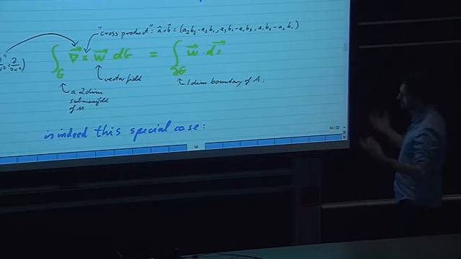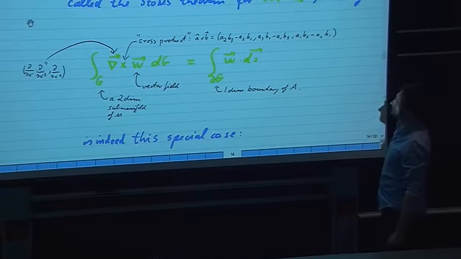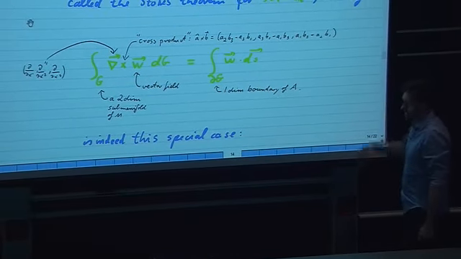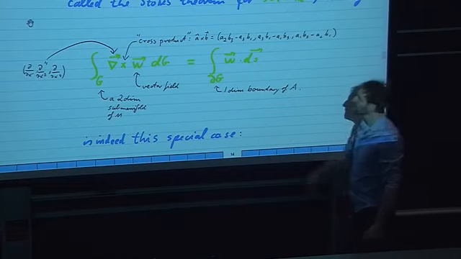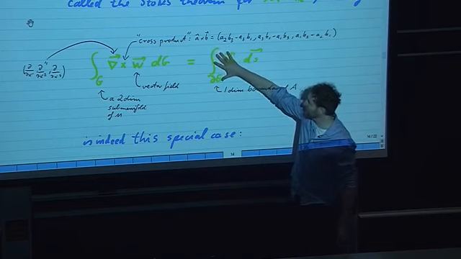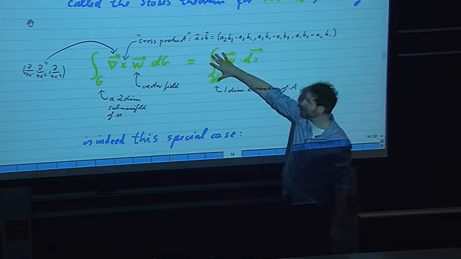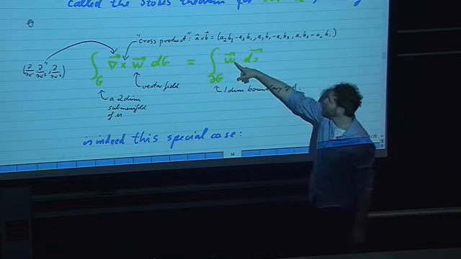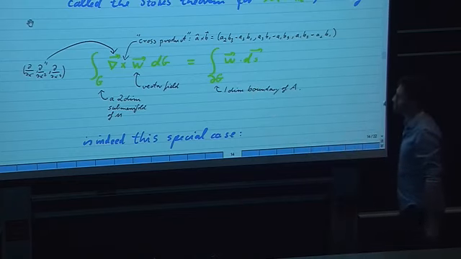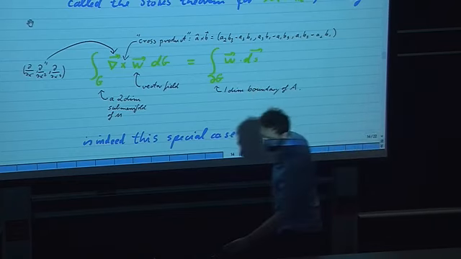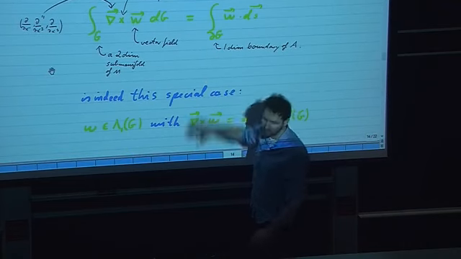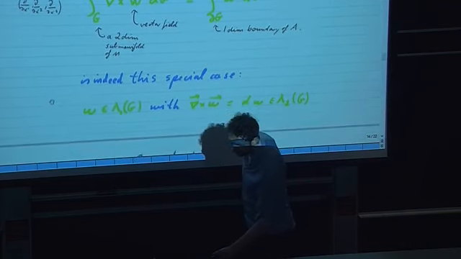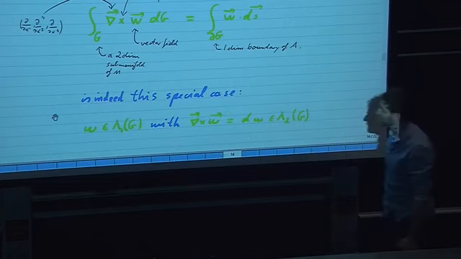And by the traditional Stokes' theorem, as the terminology is used in electrodynamics, this is the integral over the boundary, the 2-dimensional boundary of that region, over just the vector field itself. And it turns out that that traditional 3-dimensional Stokes' theorem is a special case of our general Stokes' theorem, where the